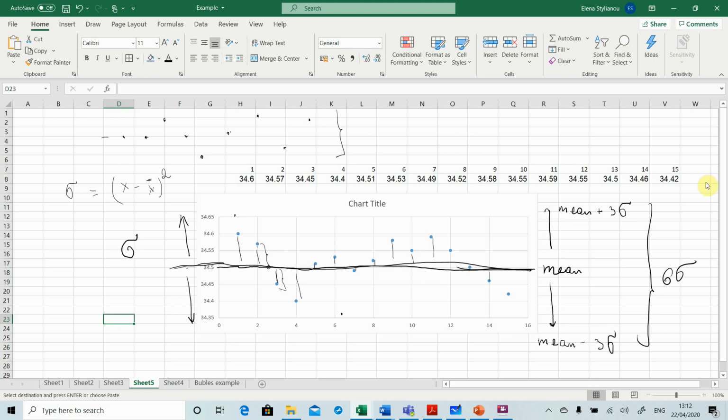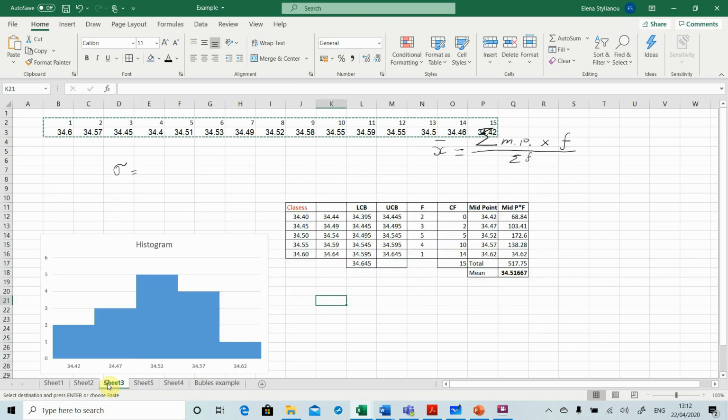Because we don't want this negative number, we would like all those numbers to be positive. But when we work with grouped data, we are using an estimation of midpoints instead of each data point. So from each class, from each midpoint, we will take away the mean which we calculated,